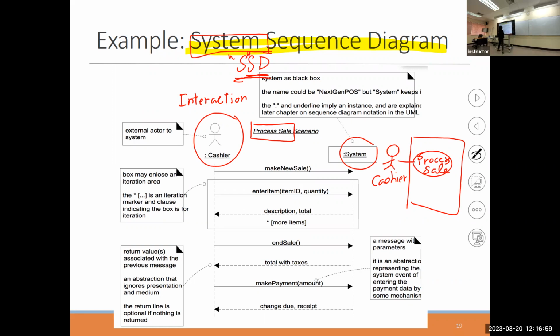Then this sequence diagram just models the interaction of how the cashier would interact with the system, the point of sale system, for the process sale use case. So at the beginning, the cashier would send an input command to the system to trigger making a new sale, right? We just click that, okay, now we want to record a new sale of a customer,